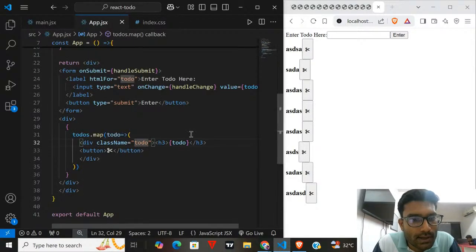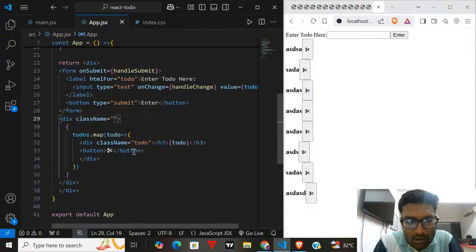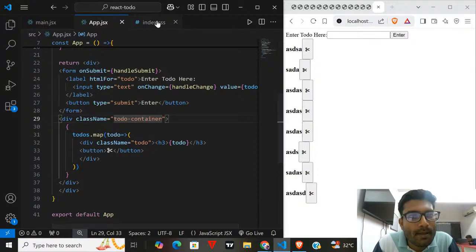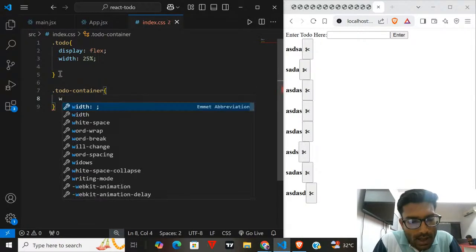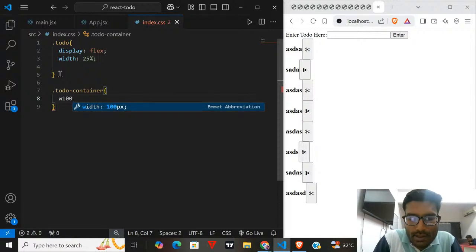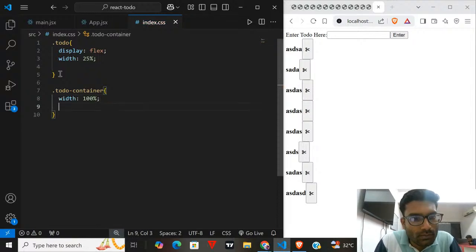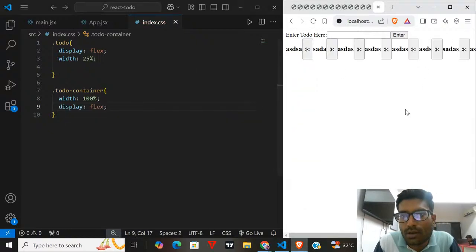And let us target the main container also, this one. So class name todo container, so let us target that also. So dot todo container. Here also give width as 100% and display flex, so everything is coming in one line.